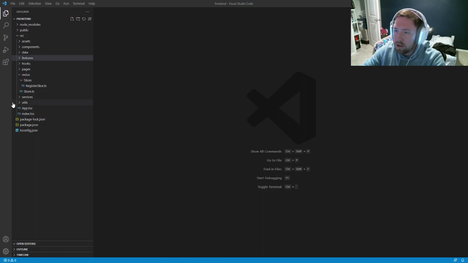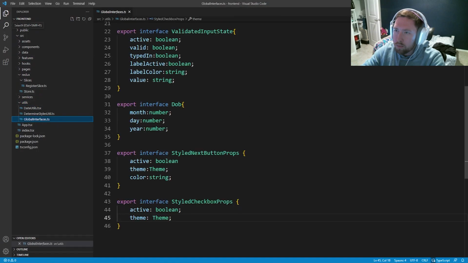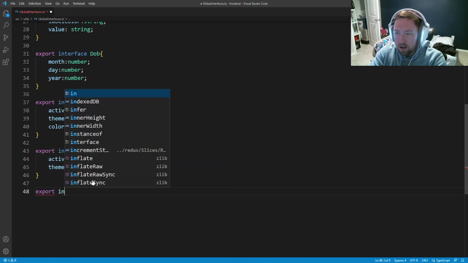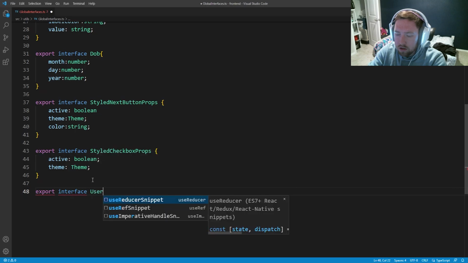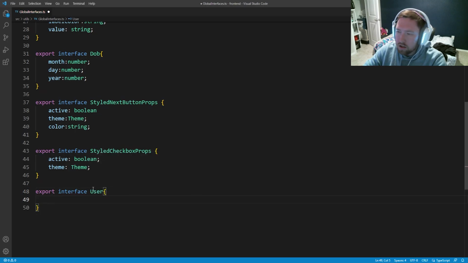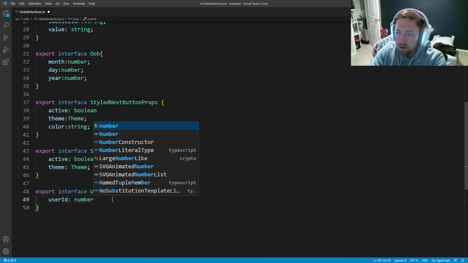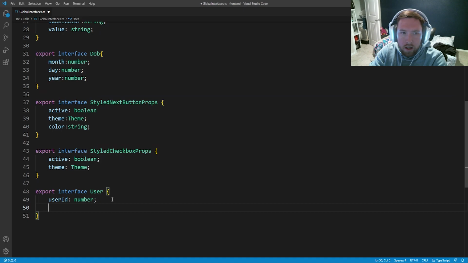So the first thing we need to do is go into our utils and open up our global interfaces. I need to make a new user interface. I think I can just add it at the bottom. It doesn't really matter. So I'm going to say export interface user. And this is probably going to get changed eventually, but this is what it's going to be for the time being. So we're going to have a user ID, which is a number. We're going to have a first name,